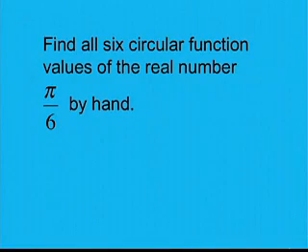Find all 6 circular function values of the real number pi over 6 by hand. That is to say, don't use a calculator. Now, from the properties of our 30, 60, 90 triangle, an angle of pi over 6 radians is equivalent to 30 degrees. So let's recall,